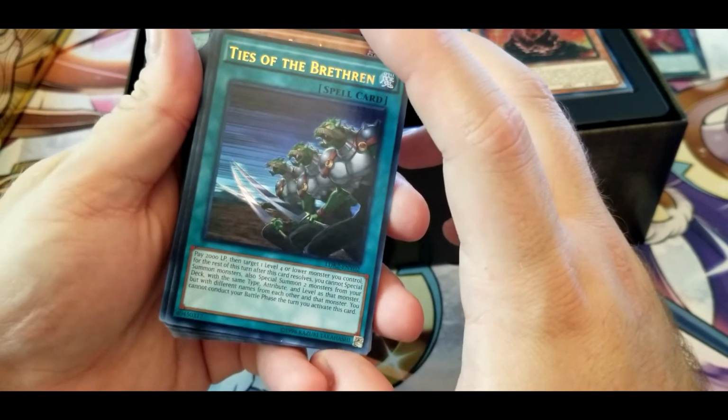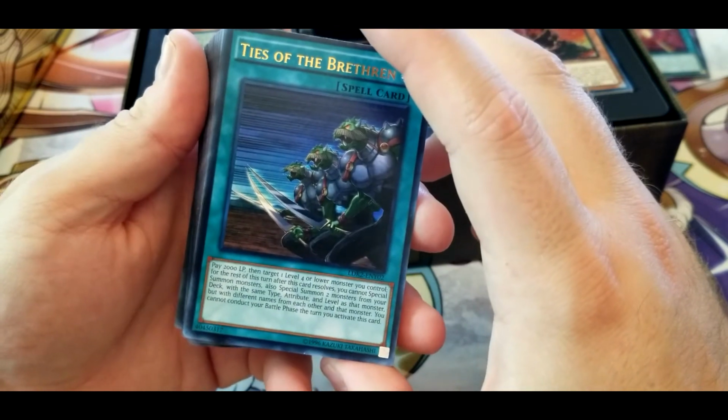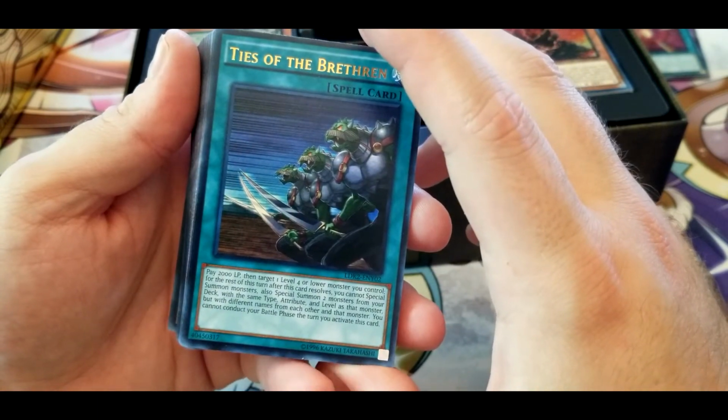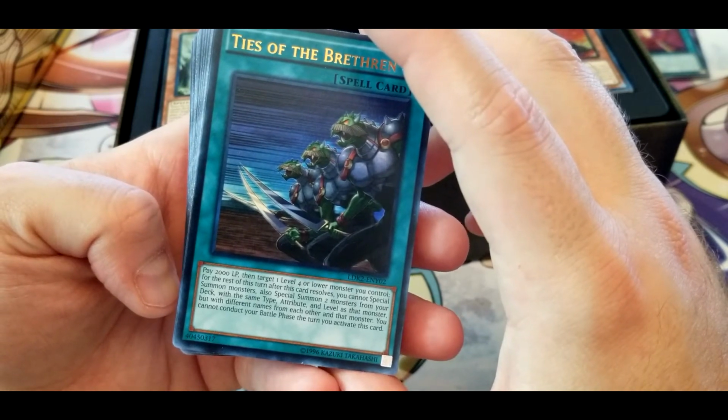Ties of the Brethren. Pay 2000 life points. Target 1 level 4 or lower monster you control. For the rest of this turn, after this card resolves, you cannot special summon monsters. Also special summon 2 monsters from your deck with the same...